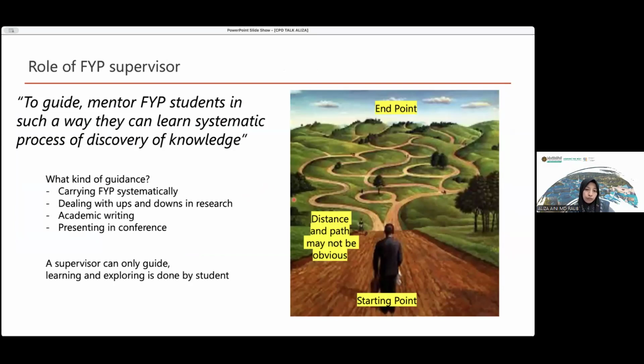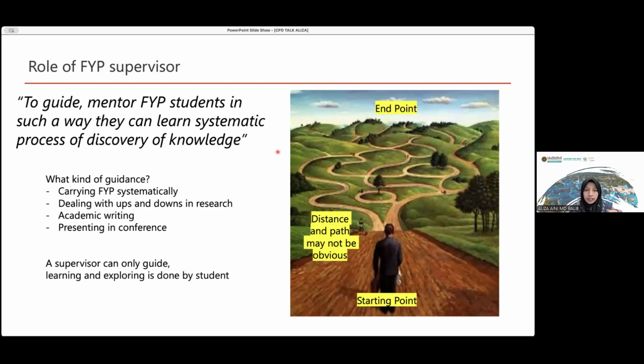Okay, the role of the supervisor, this is a summary from one of the books. It says to guide and mentor FYP students in such a way that they can learn a systematic process of discovery of knowledge. There is no single same way.